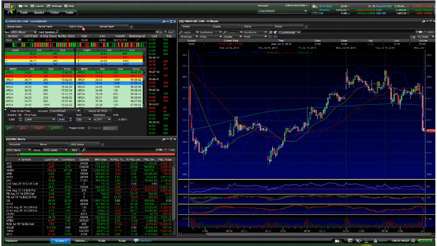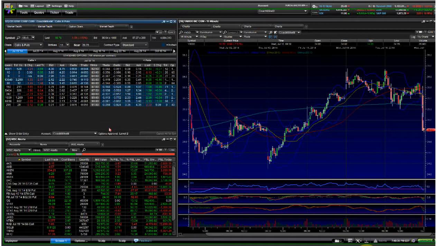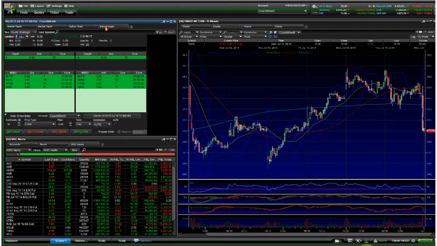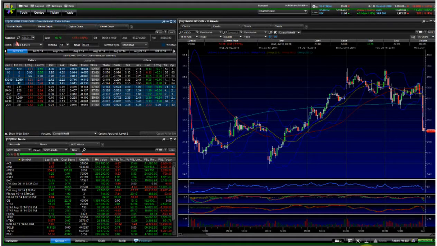So now let's make it fun. Let's go over to an options chain. Got the option chain up. Now, there's a couple ways I can do this. The easy way is to open another market depth and link my options chain to it